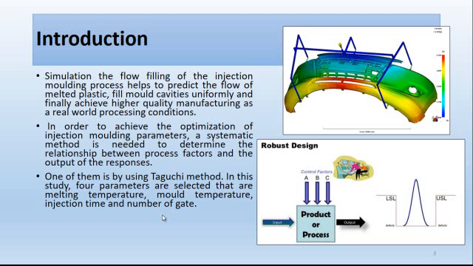One of these is by using the Taguchi method. We can see on the figure that Taguchi is one of the robust designs. When the control factors in the process are set, the input can predict the outputs. That means the input of the product material, for example, then the control factor can get the output by